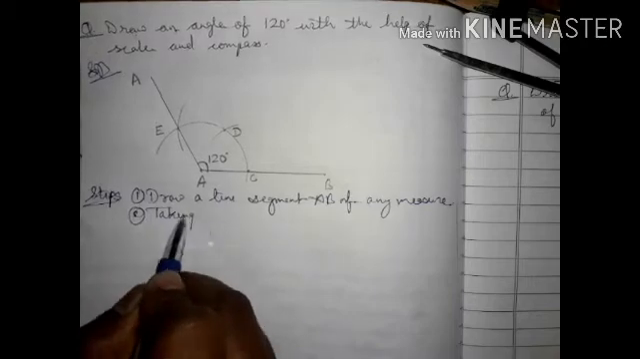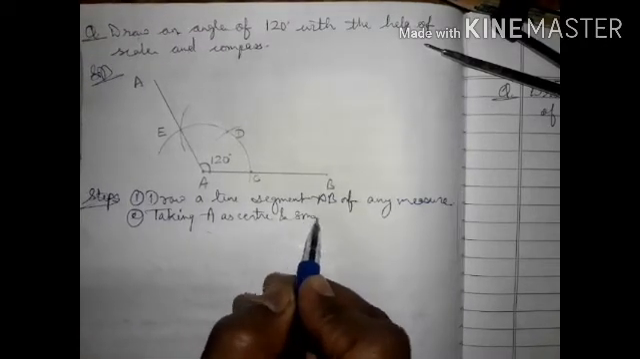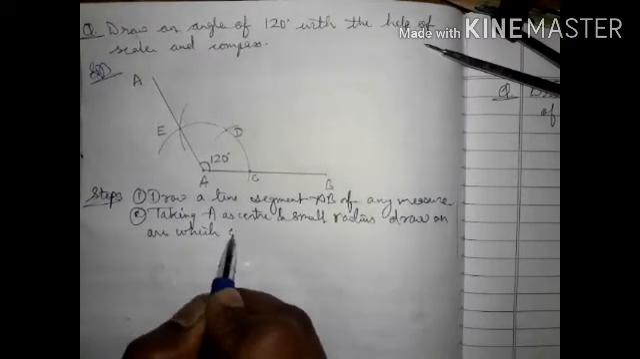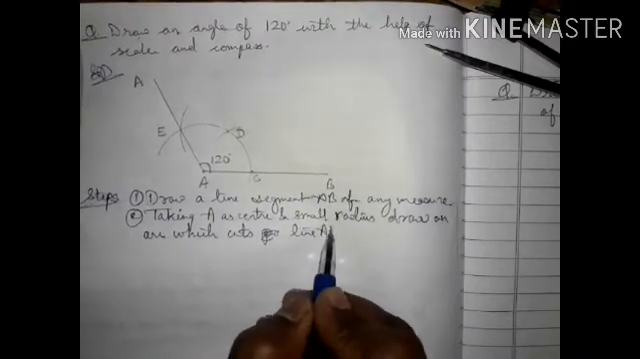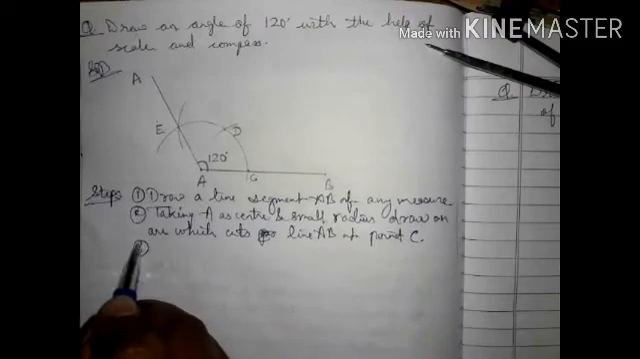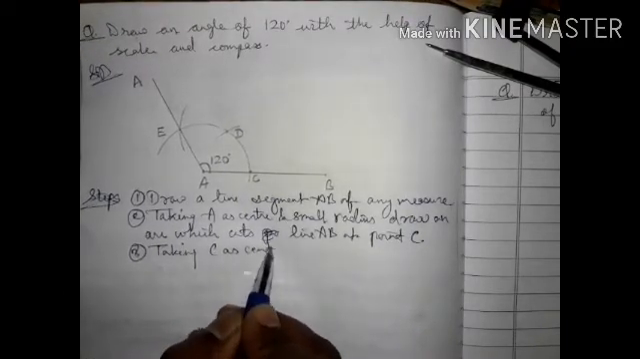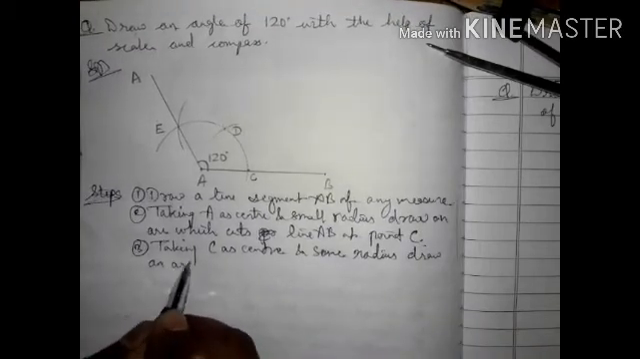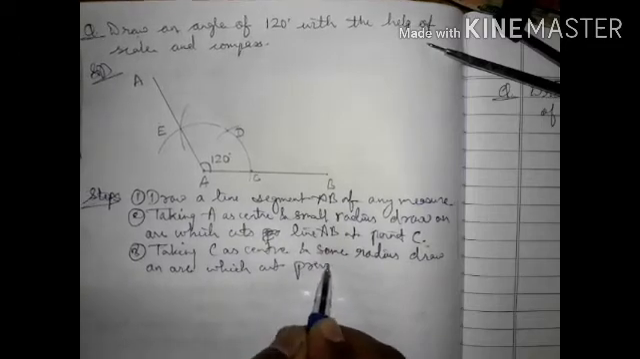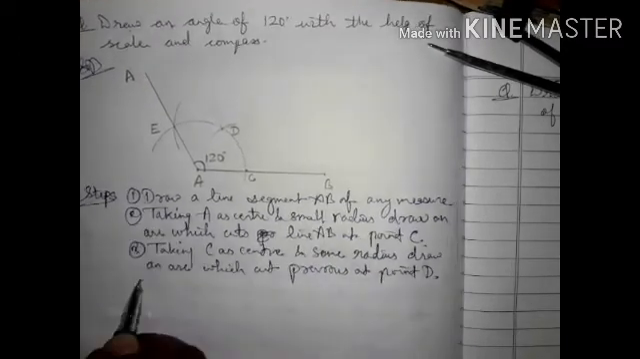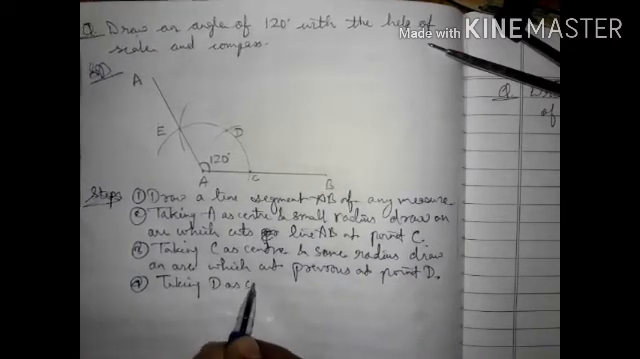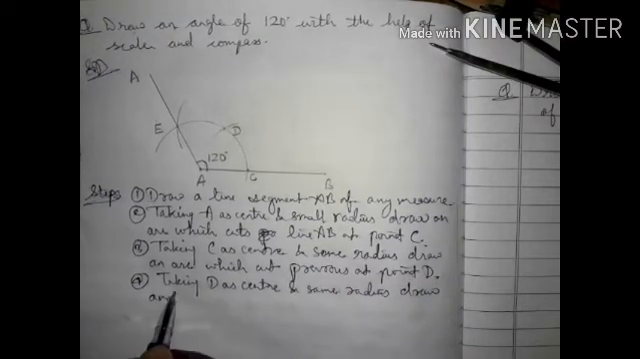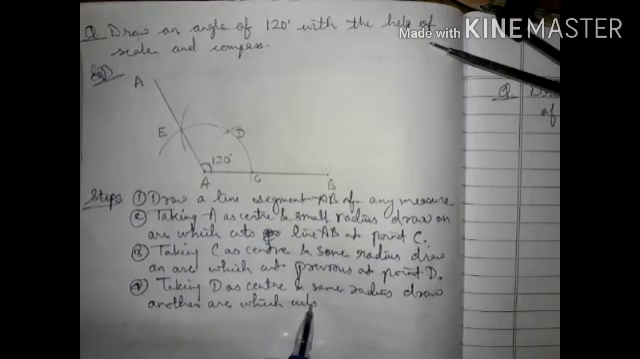Second, taking A as center and small radius, draw an arc which cuts line AB at point C. Then taking C as center and same radius, draw an arc which cuts the previous arc at point D. Now again taking D as center and same radius, draw another arc which cuts the previous arc